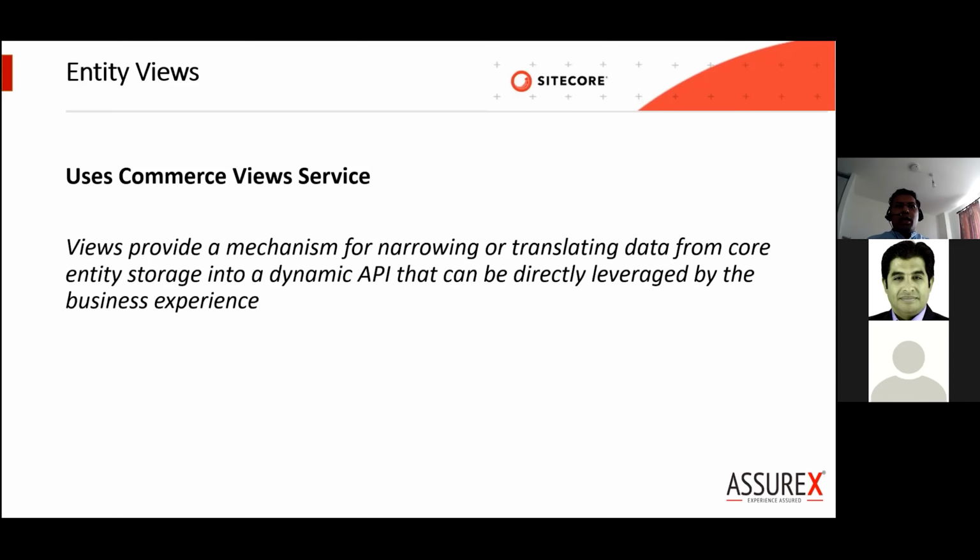It translates the complex internal storage into a simple form, which is consumed by the business tool. It's dynamic because it's progressively built using the plugin in a pipeline. So the commerce view service will give you data which will be fed into the entity views.